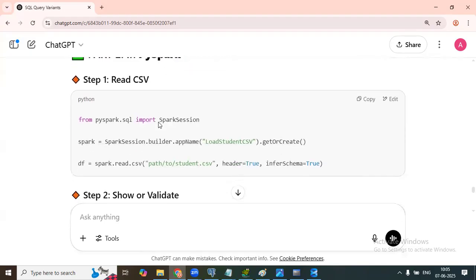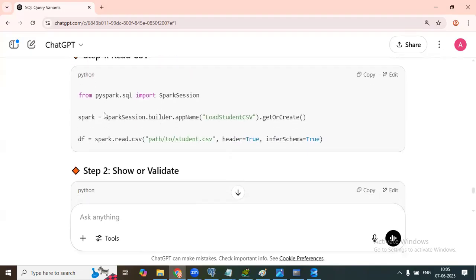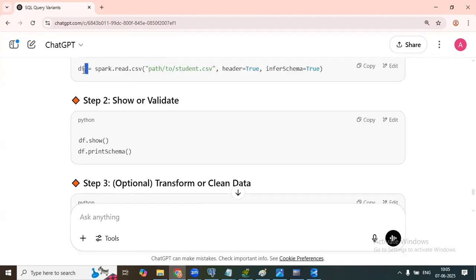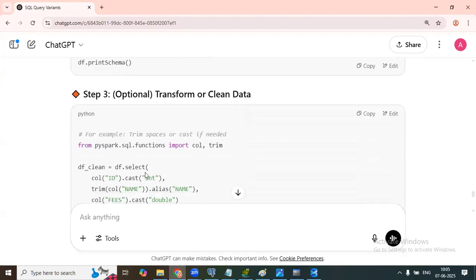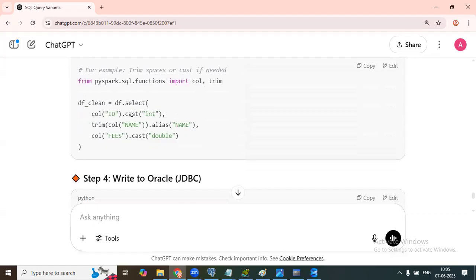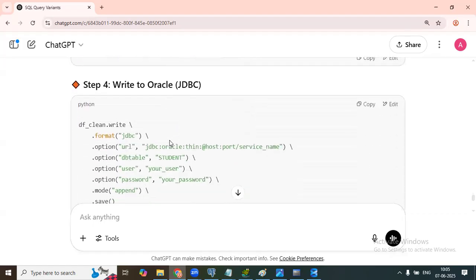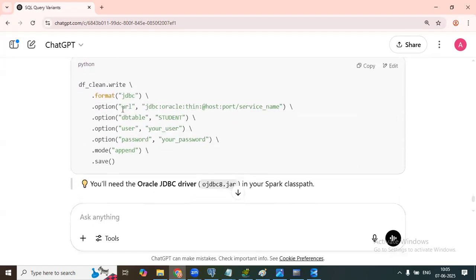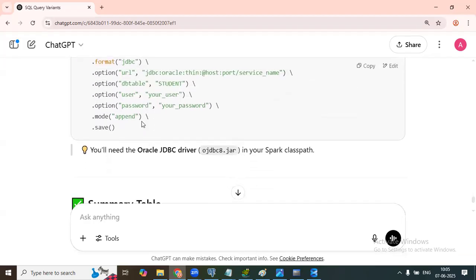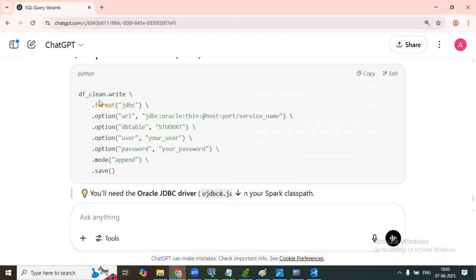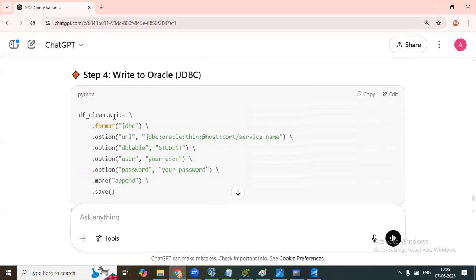This is in Oracle. If you go to PySpark, you have to say spark.read.csv, where the file is. That you have to read. Whatever you read, you select the data, and whatever you selected, you will write into this table. For that, you'll say df_clean.write, where you'll be writing.